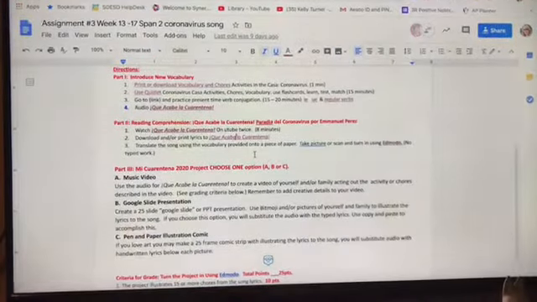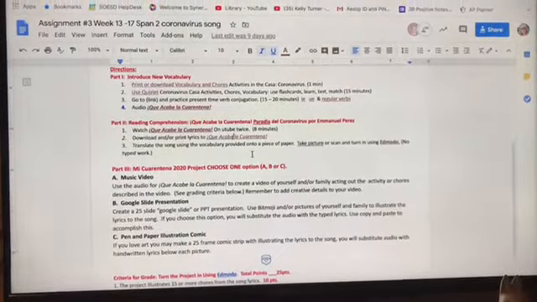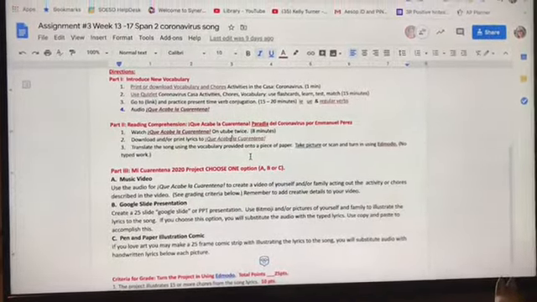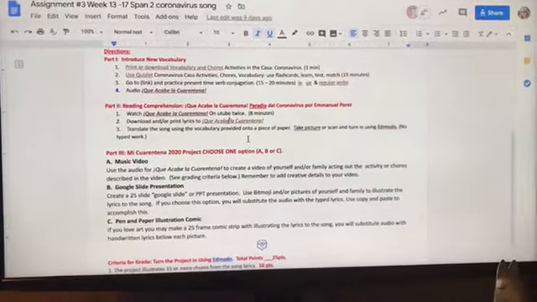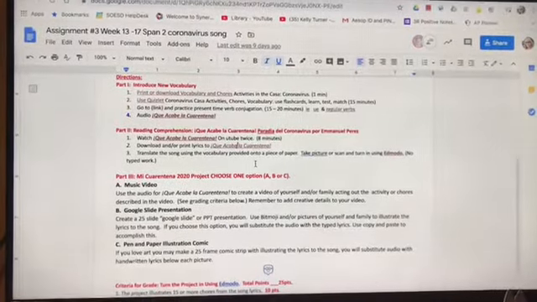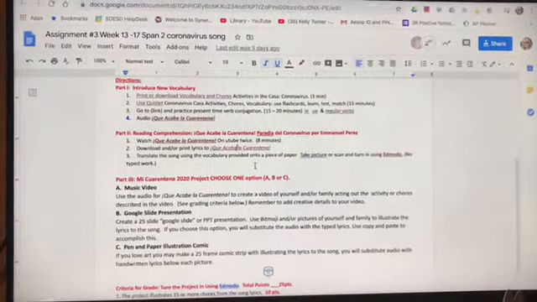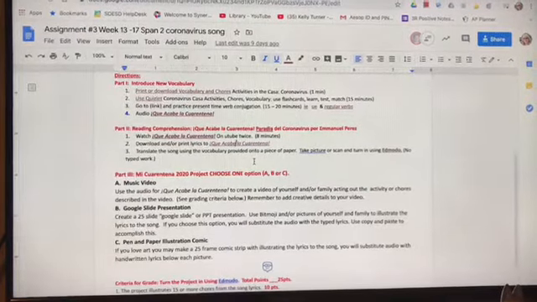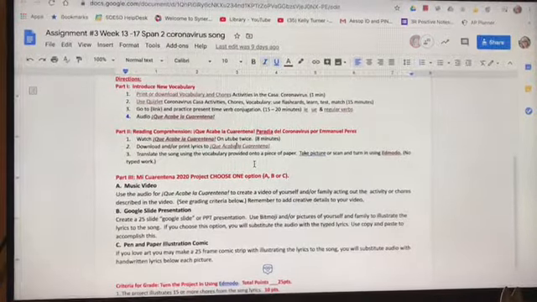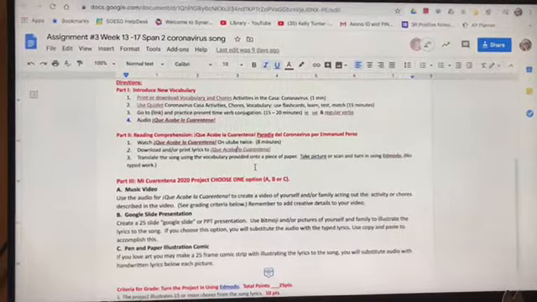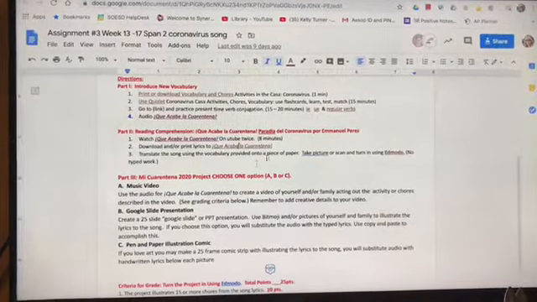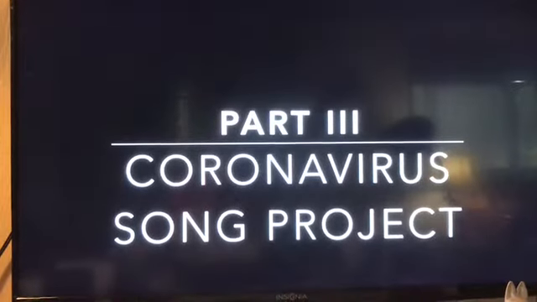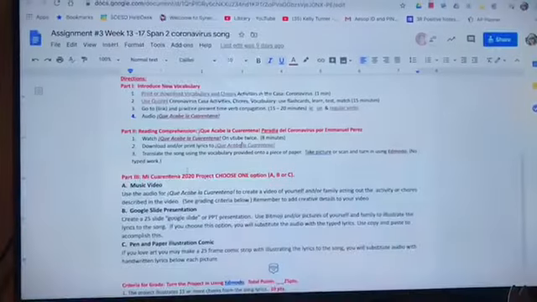Then it says to take a picture or scan what you did, because you have to do it in handwriting, and turn it into me. We're doing handwriting for a very simple reason. Everybody's doing the same assignment, and I want you to at least write out your own answers, and I don't want you to just Google Translate it or just have your friend do it and turn in their assignment. Okay, then we have